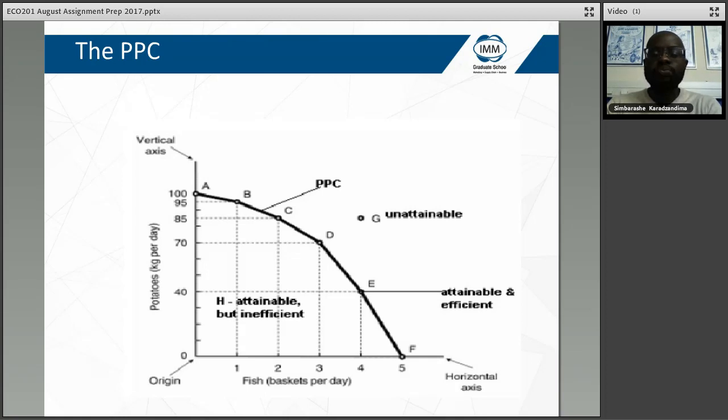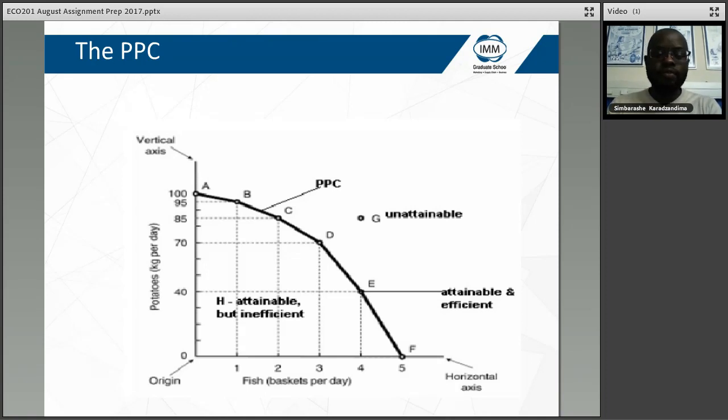That is when specialization and the division of labor come into play. So the moment that our resources are more suitable for the production of fish, it means that as we move down the PPC, the opportunity cost continues to increase because we now need to give up more potatoes to get an additional basket of fish. So that is why we have increasing opportunity cost going down the curve. That is why the PPC is also non-linear. It is concave in shape. So when you draw your curve in the assignment, make sure that you bring out that nice concave shape